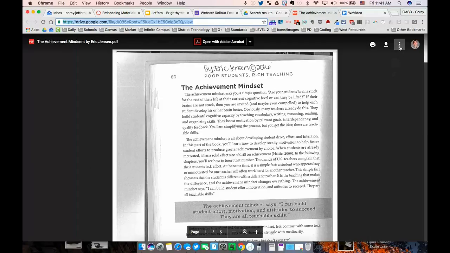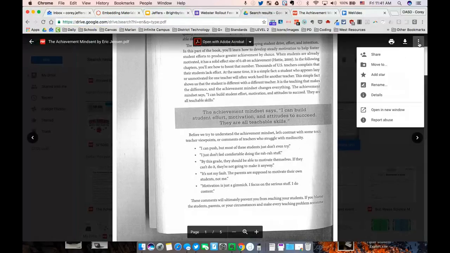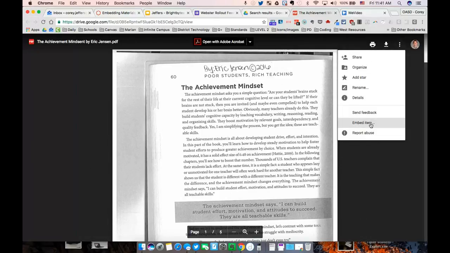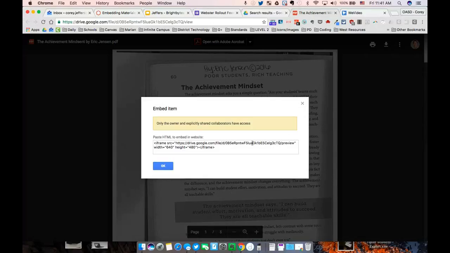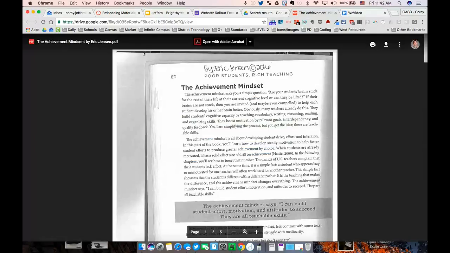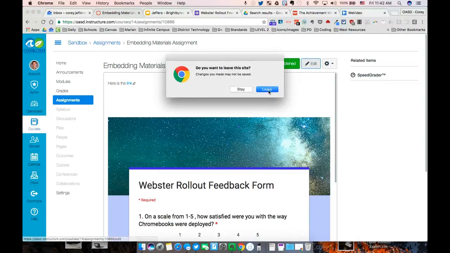Now if I click on those three dots in the upper right corner, I actually have an embed item option. If I'm looking at the preview version of it, when I click those three dots, I don't see that option. So if I don't see that option, I need to open it in a new window. So now that I'm looking at the actual PDF file, I'll click those three dots and push Embed Item. When I push those, I go ahead and have the option to copy, and then I can go and push OK. Now I'm going to head back to my Canvas assignment, push Edit,